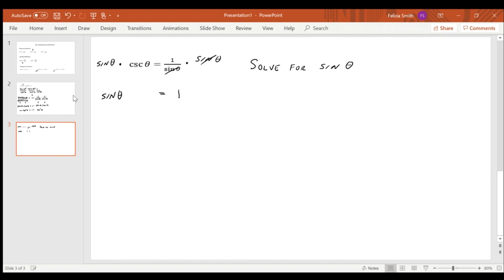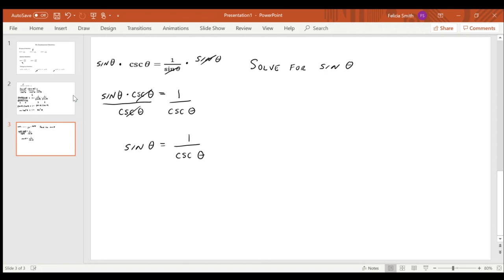I have sine of theta times cosecant of theta. And since these two pieces are being multiplied together, I'm going to divide both sides by cosecant theta. So these are going to cancel. And I'm going to be left with sine of theta equals 1 over